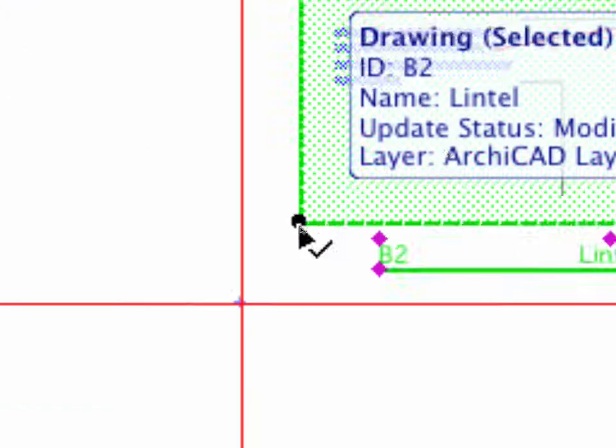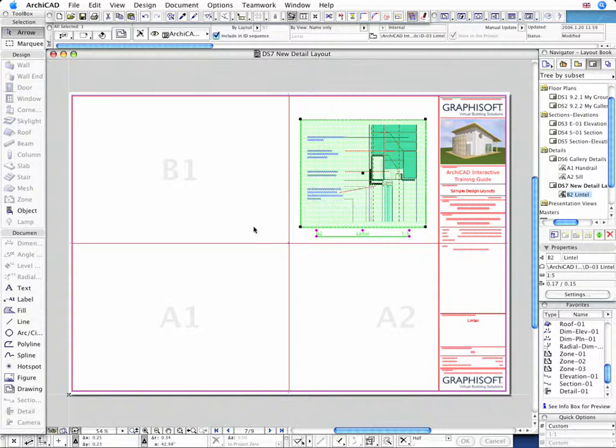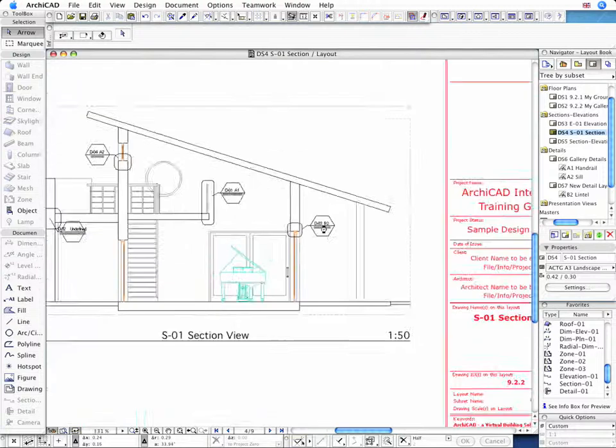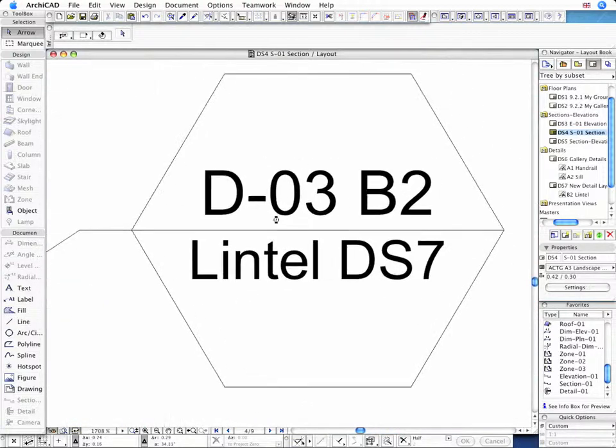As you can see in the Navigator, the lintel detail is now located in the B2 grid cell of the newly created detail layout sheet. Switch back to the S-01 section layout and zoom in again on the lintel detail marker. Now the information in the lintel detail marker has been automatically updated and reflects the new position of the corresponding